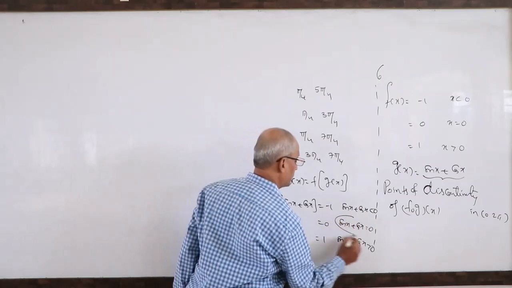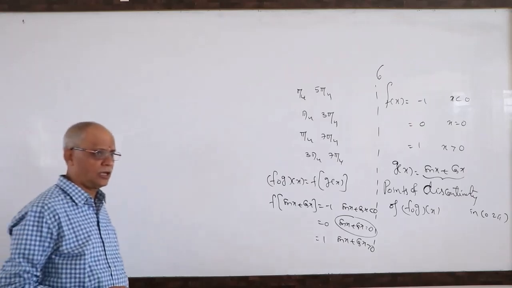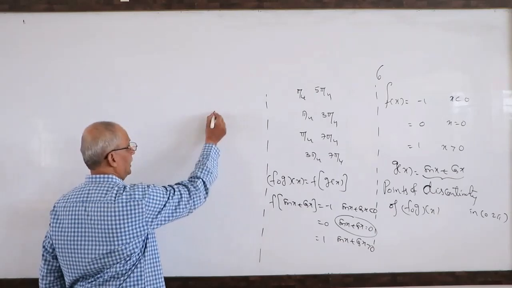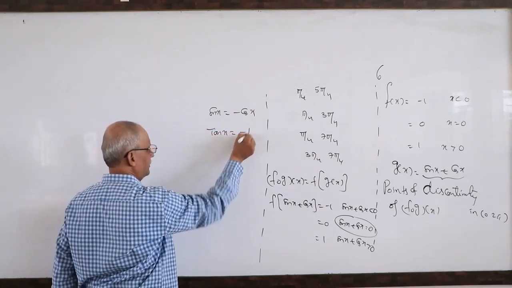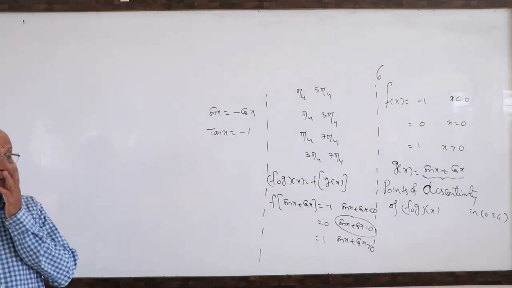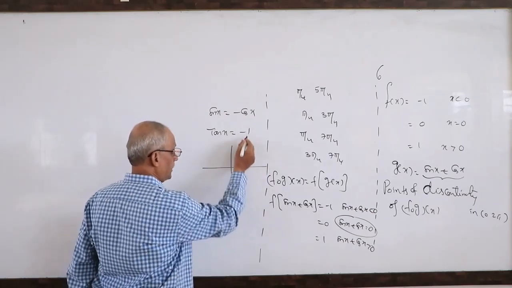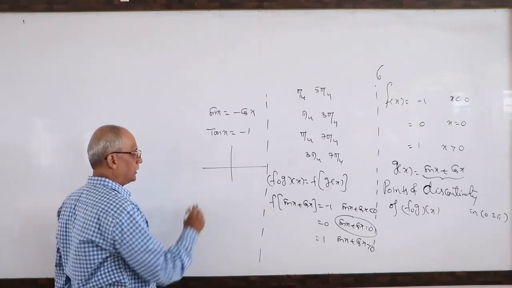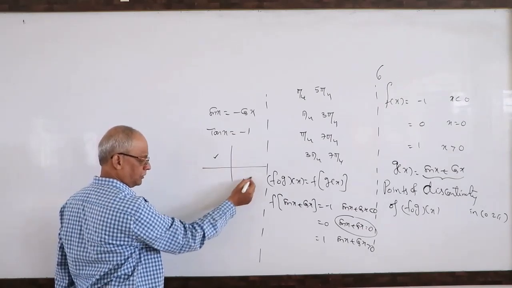We will consider the easiest procedure like this. Take that middle one. What is given here? Sin plus cos is 0. Sin x is equal to minus cos x. Sin by cos is equal to -1. Tan x is -1. Where is it possible? Tan is negative here. Actually 1 means pi by 4, 45 degrees. You have to get 45 degrees, either here, but not these two. Therefore, here.